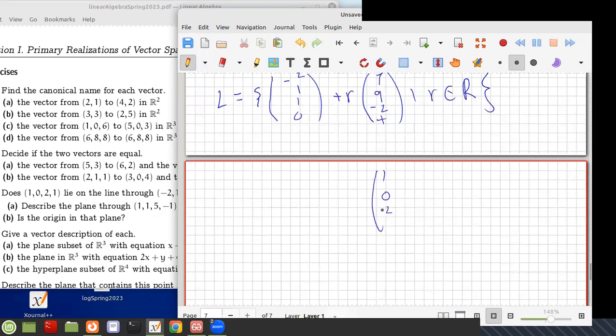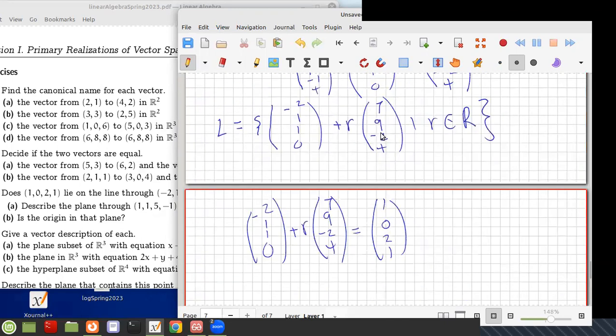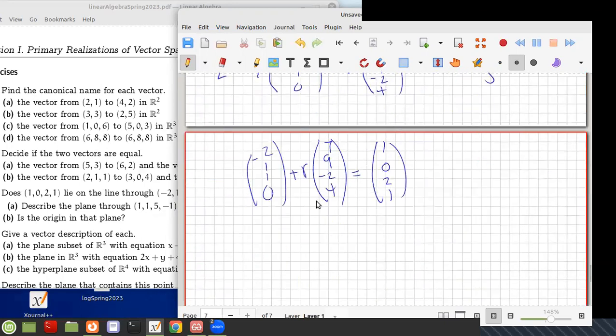(1, 0, 2, 1) = (-2, 1, 1, 0) + r(7, 9, -2, 4). Okay. This is the formula for any point on a line. It's a particular form here. Now, this is an interesting form here because this is a vector, but this is actually,